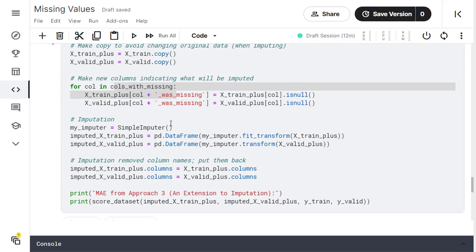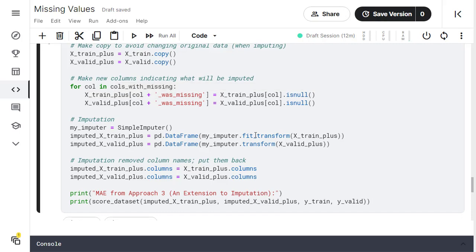You are creating an object of SimpleImputer, my imputer. You are fitting it to xtrain plus and xvalidate plus, creating new data frames, imputed xtrain plus and imputed xvalidate plus. So you have a data frame with the missing values imputed along with new values added.